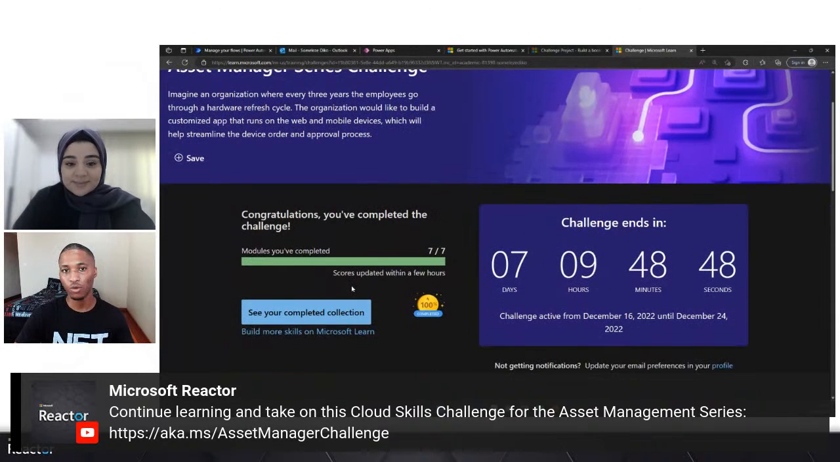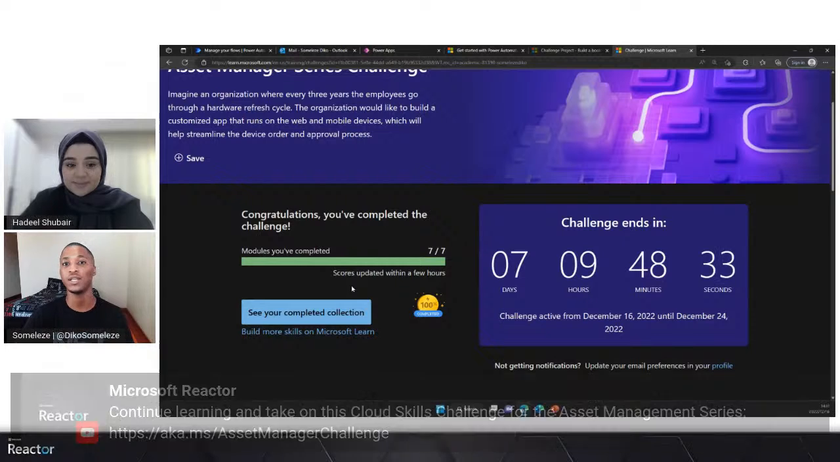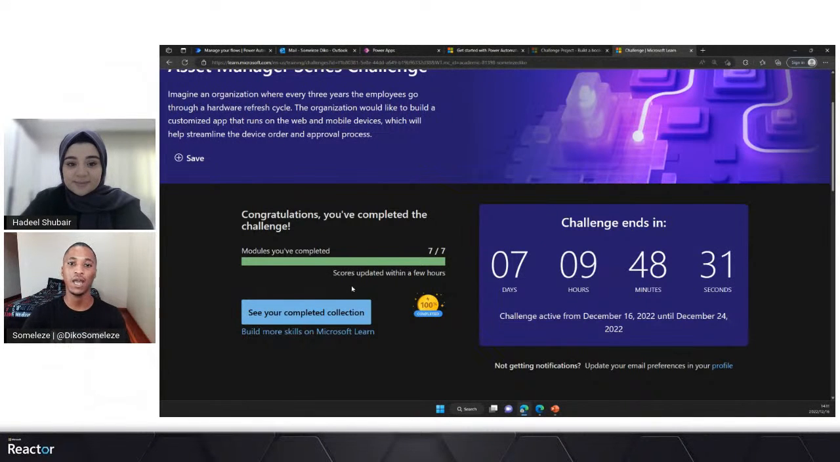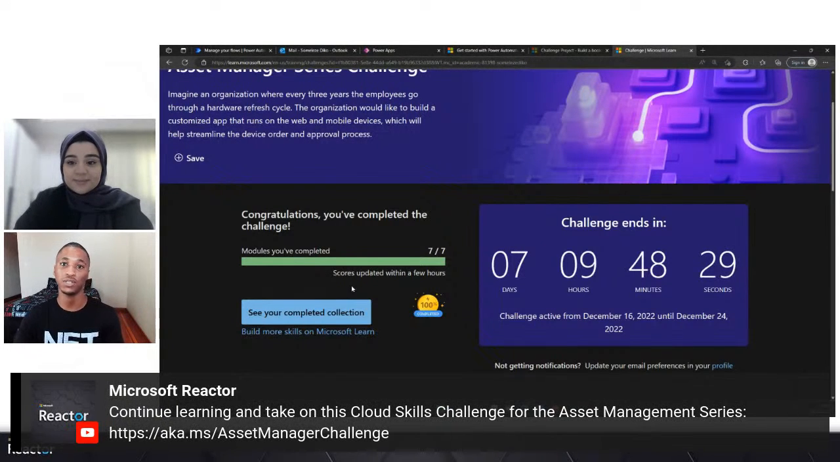It's about 7 modules within the Cloud Skills Challenge, and it will take you about 7 days. So you'd have to complete it by the end of next week before Christmas. Hopefully, you guys do that, and the Cloud Skills Challenge can help you better understand how to use all of the knowledge that you gained from us in more detail, and how you can build those projects using Power Automate and Power Apps or even Power BI,